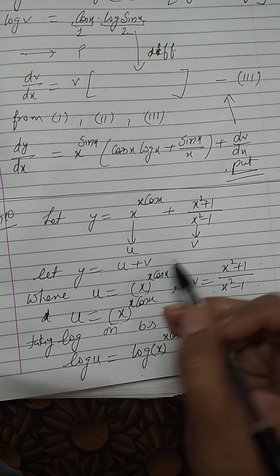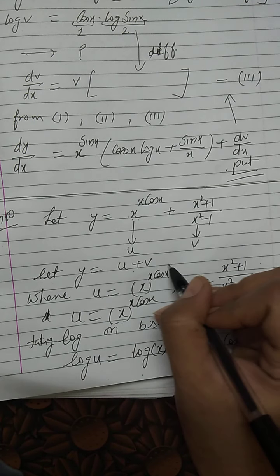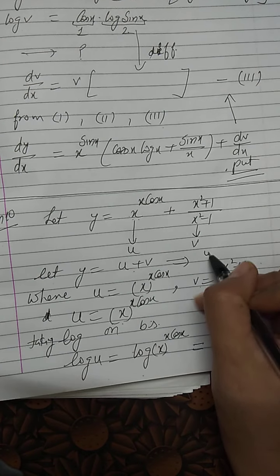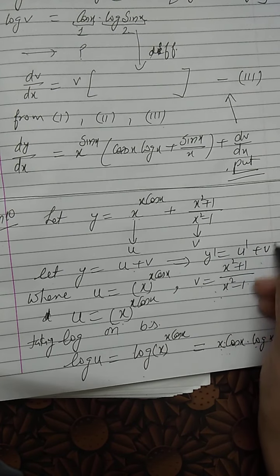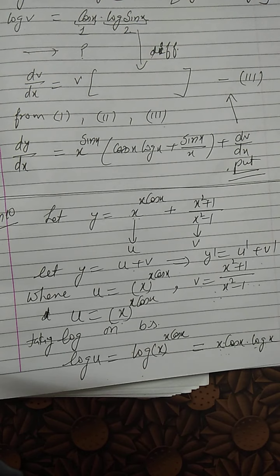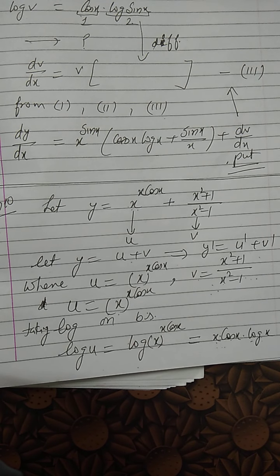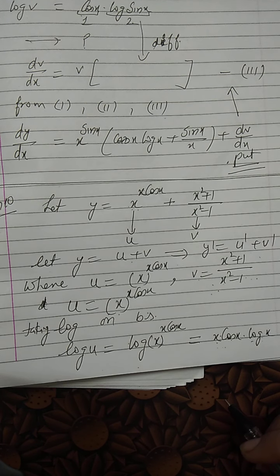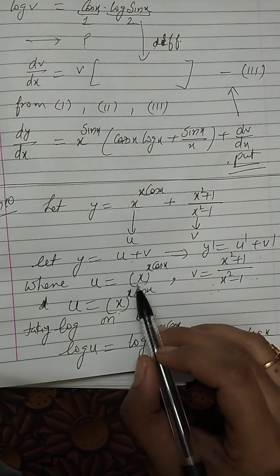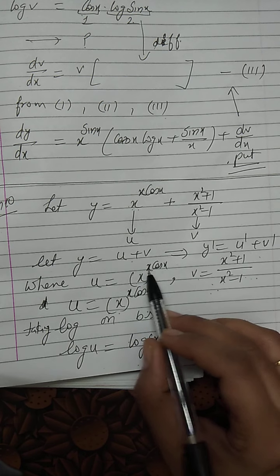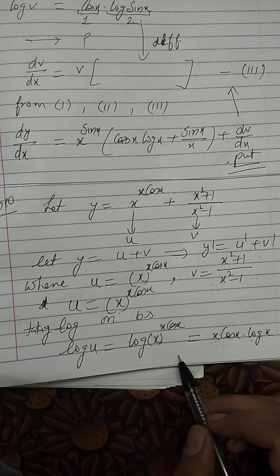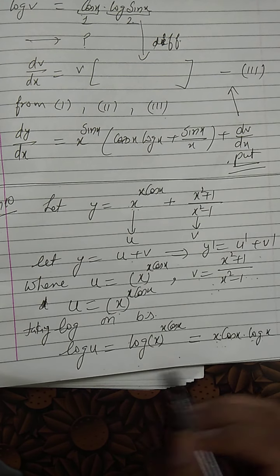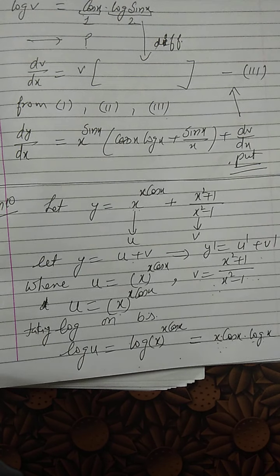So here I have just missed one step. Let y is equal to u plus v, so it implies y dash will become u dash plus v dash. You will do the whole sum in proper steps as we have done in sum number 8, sum number 9, sum number 7 and the others. I am just giving you hints on how you will consider the function. And since here the power of x is a product of 2 functions, that is why I took this sum. Okay, so now let us see how we are going to differentiate it.